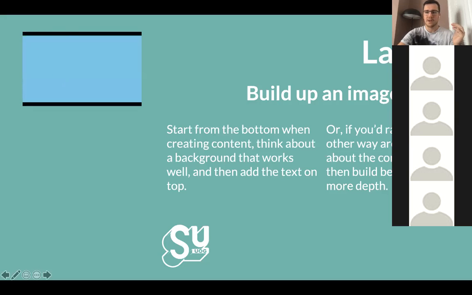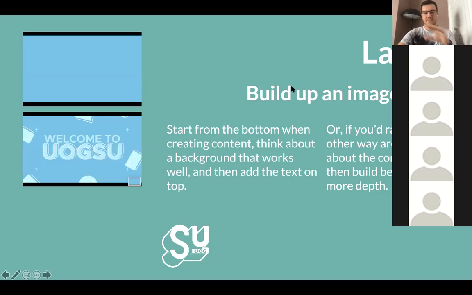I'll start with a block color at the back. I don't know if you might have seen it, I made the Welcome to UOG SU video, but I started with that SU blue at the background, and then I added the text, which was Welcome to UOG SU, and then I added the shapes for a bit more movement in the background. Then I realized that it was a bit empty in those four corners, so that's when I started to add those spinning crosses, which I'll show you a bit of the video in a second to be able to see. And then I was just experimenting with it, to be fair, and I said, what else can I add to it to make it more interesting?